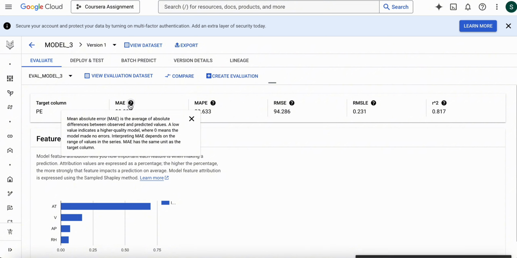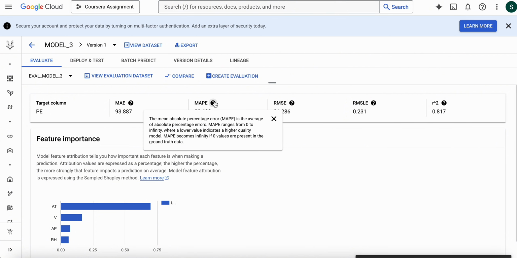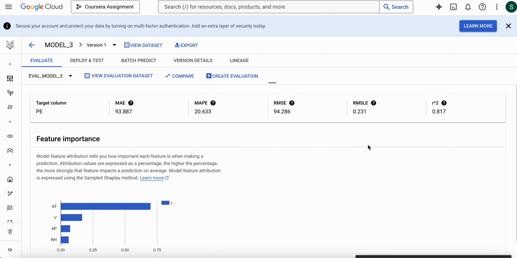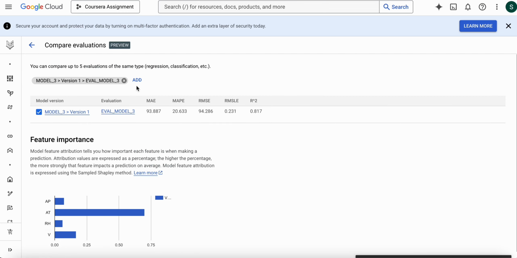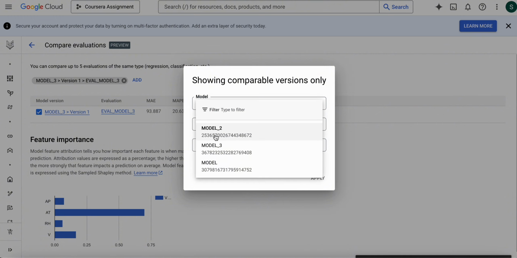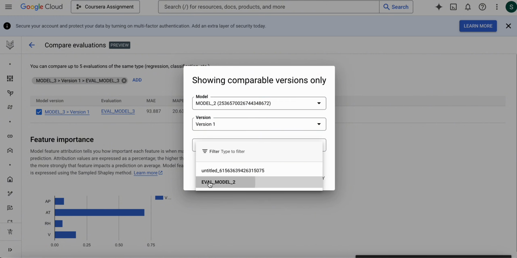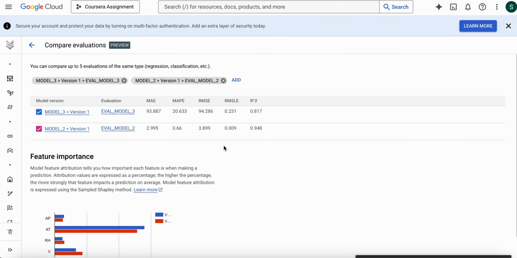A lower value of mean absolute error, mean absolute percentage error, and root mean square error indicate a higher quality model, and a higher value of R square indicates a higher quality model. So we can compare model 2 versus model 3. We can go to compare, add the evaluation model from model 2, hit apply,